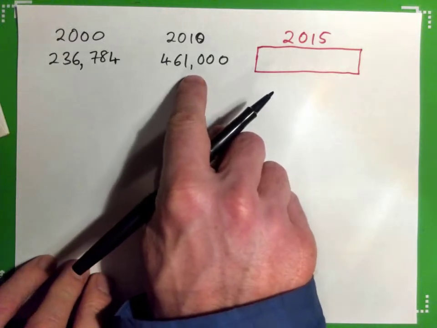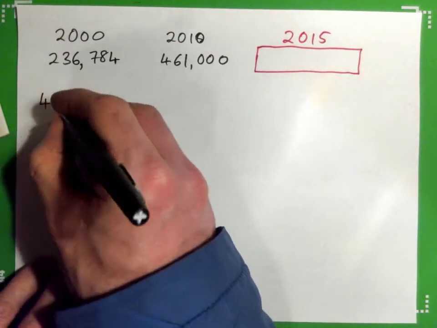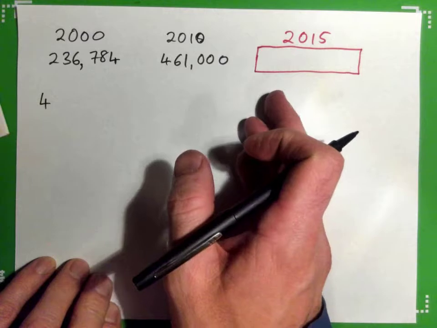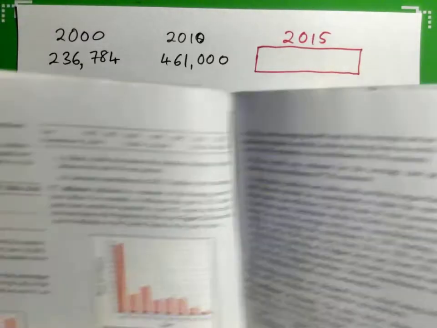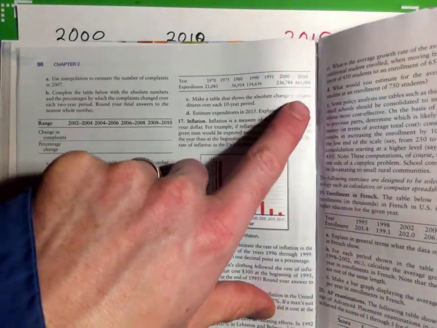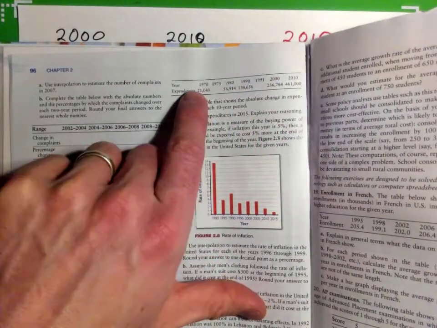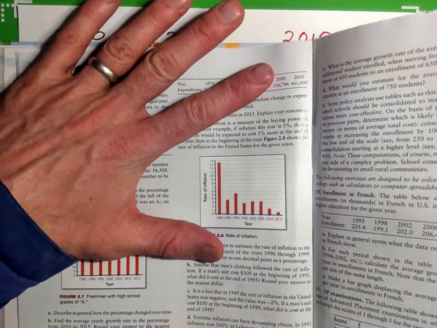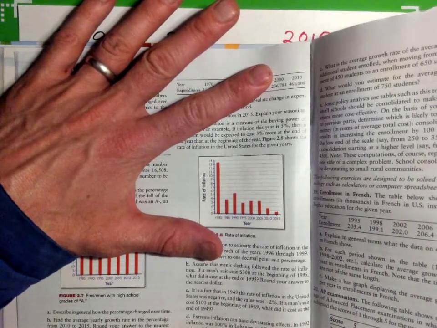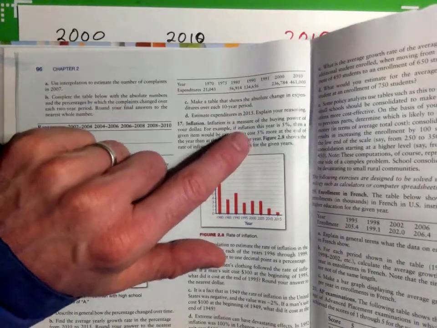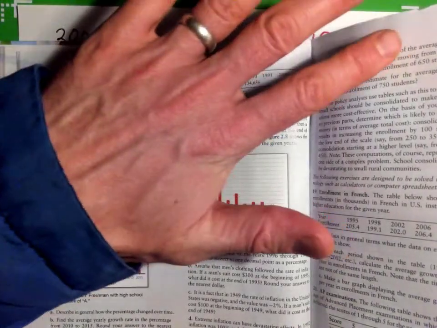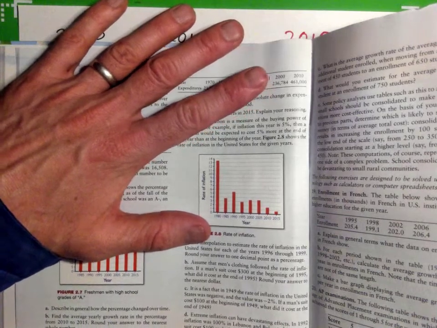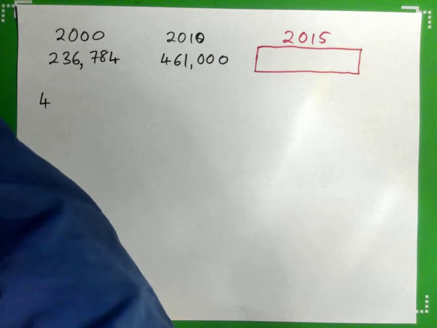Right. So what we're going to do is a thing called interpolation. We're estimating 2015. We have this table here. There's all sorts of numbers, but when we do interpolation, we just look at the most recent data, just the last 2 points. In other words, we ask how it has increased recently, and what if that increase continues at the same rate per year? That's all we're saying. It's a very simple estimate, right?